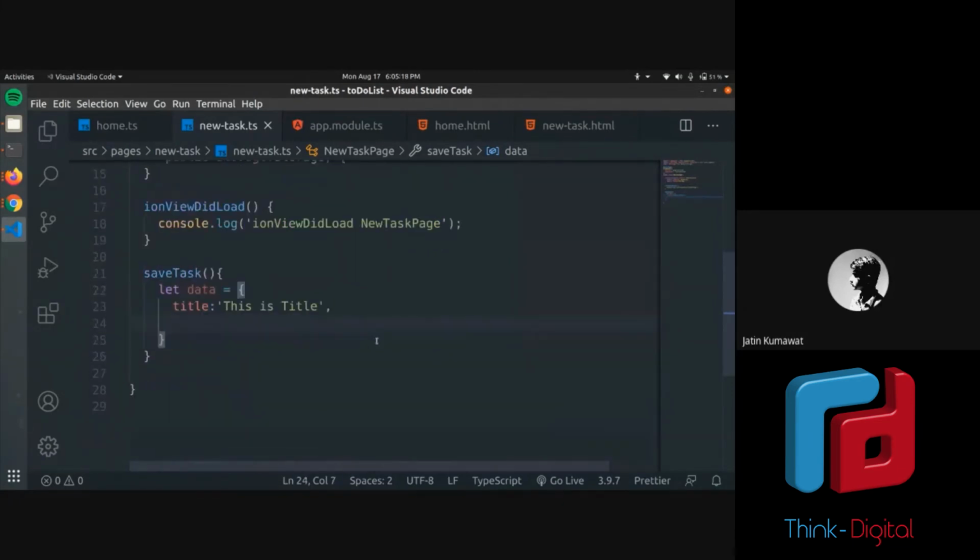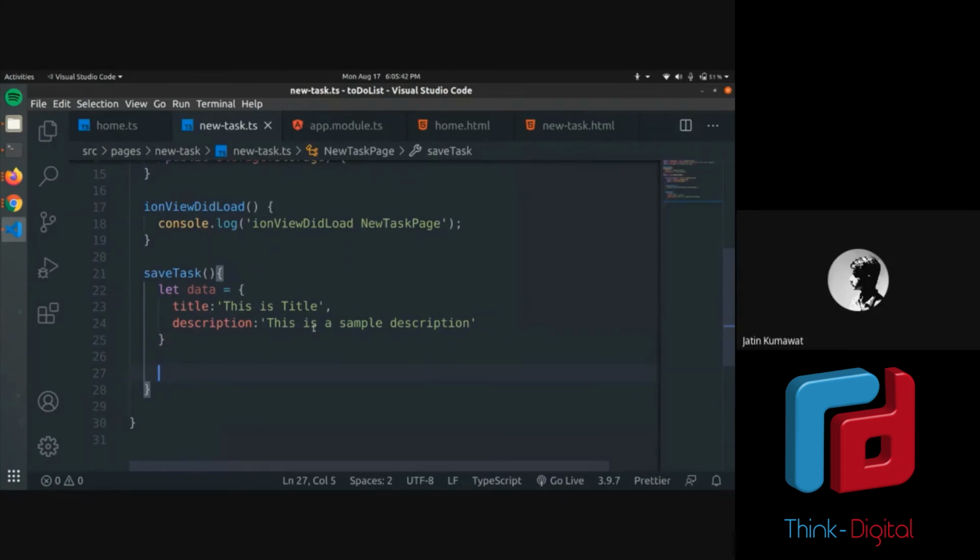This is a JavaScript object. I hope you know objects from C or C++. Now I will add description. This is a key value pair. This is the key, and this is the value which we will be accessing later. I will add 'this is a sample description'.